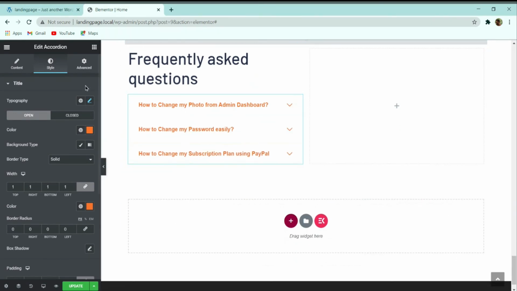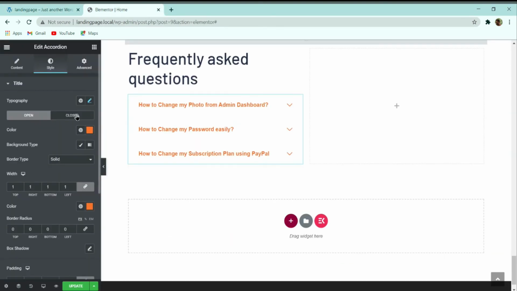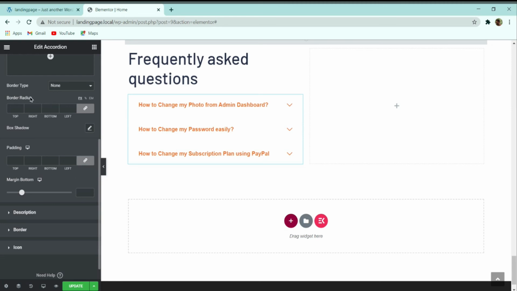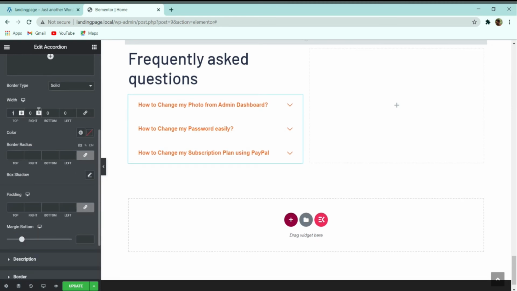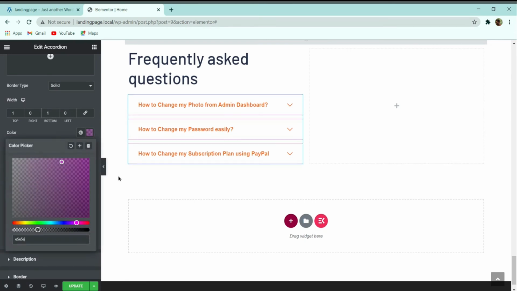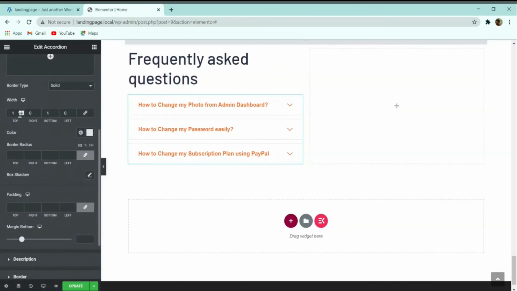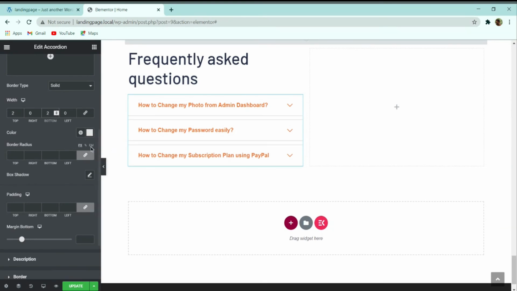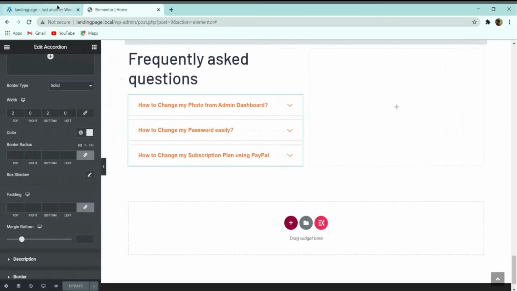Now when it is closed, you can see that there is only a top and bottom width. So again I will go to the closed part, and for the border type I will select solid, unlink the width, and give top width and bottom width 1 and 1, and here I will give the color E5E5E5. Now you can see that we have the same as this one. Here I can increase it to 2 and 2, so that it will look wider. Now you can see that we have it similarly the same as this.